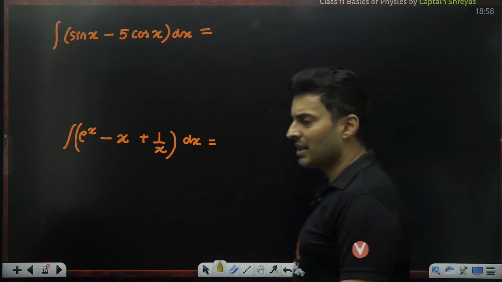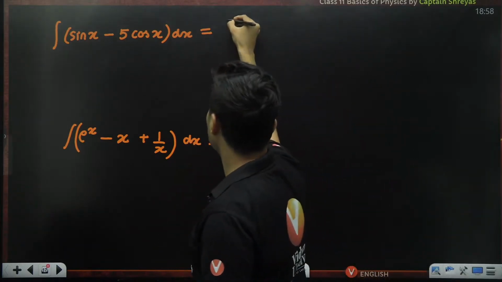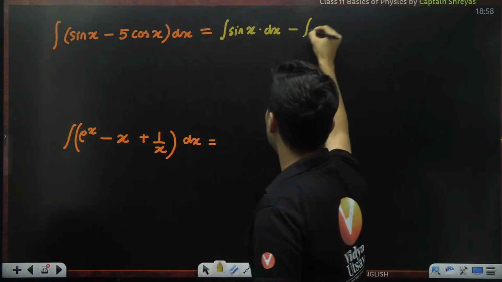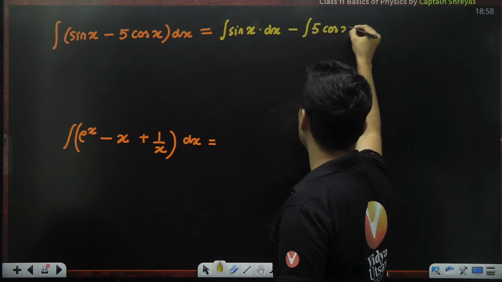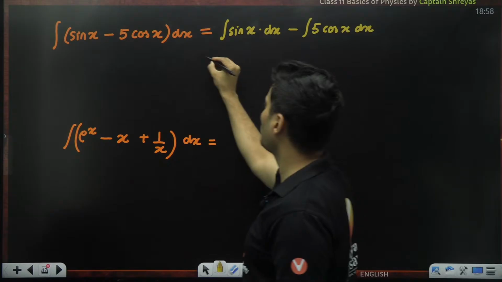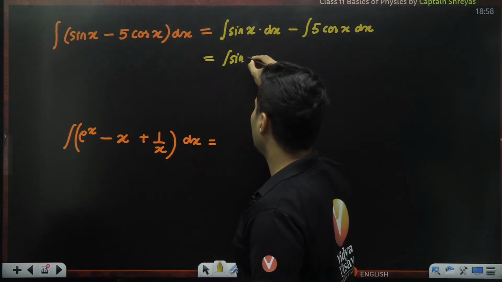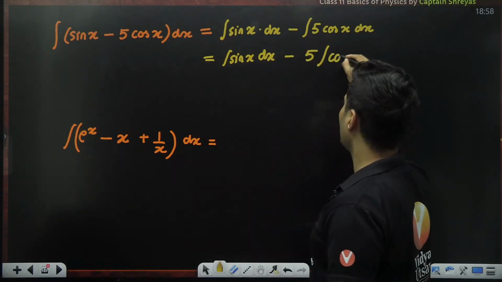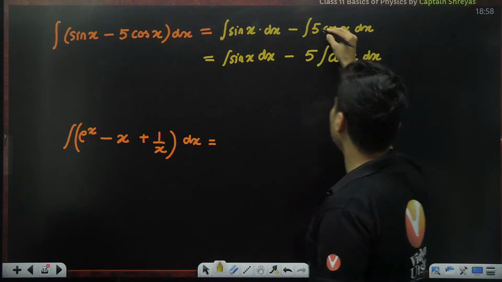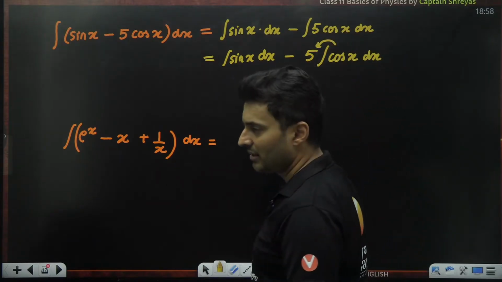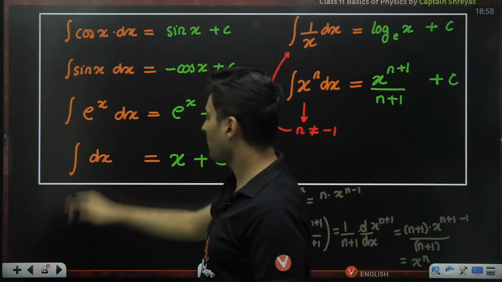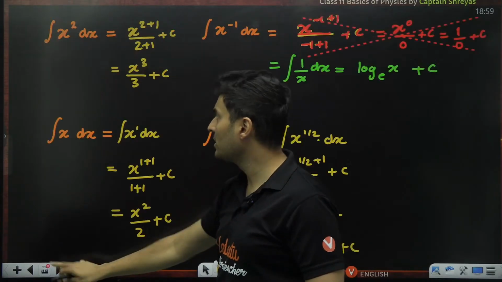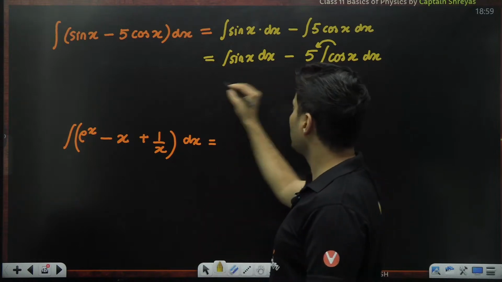When I see minus or plus, I know I need to separate out those integrals. So this will be integral of sine of x dx separately, negative sign is there. Integral of 5 times cos of x is also there. I gave you one more rule though, if you remember. If you have a constant multiplied by the function, the constant comes outside. So it will become 5 times integral of cos of x dx. No need to put that 5 inside, that 5 comes outside. And whenever it is plus minus, you can separate out those integrals.